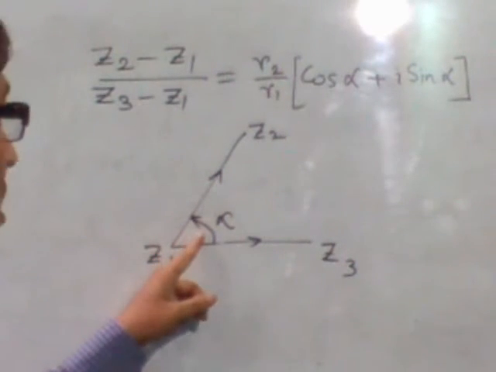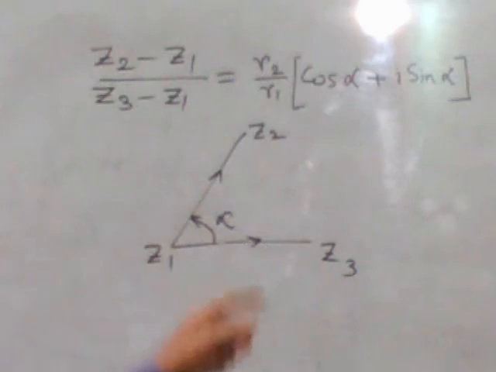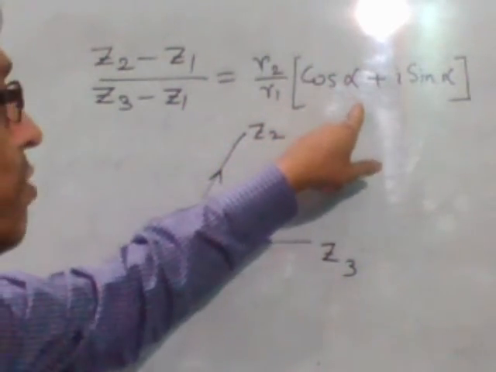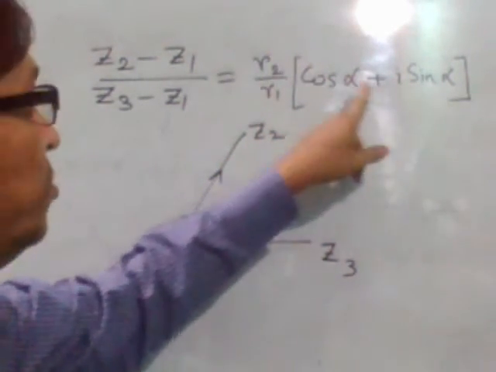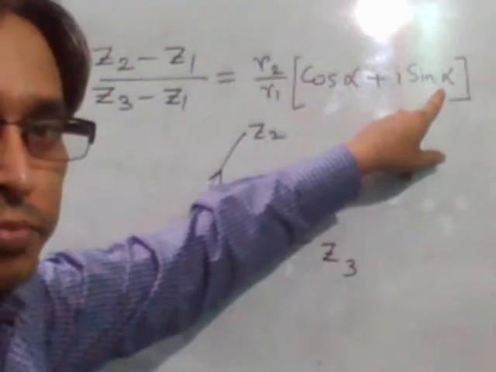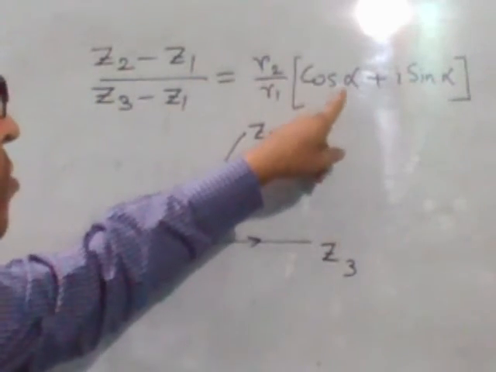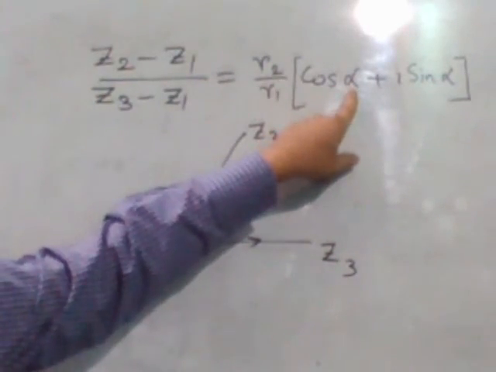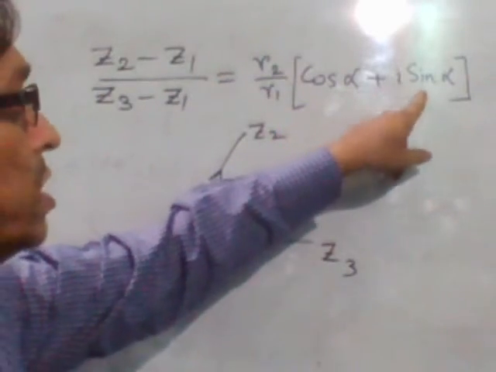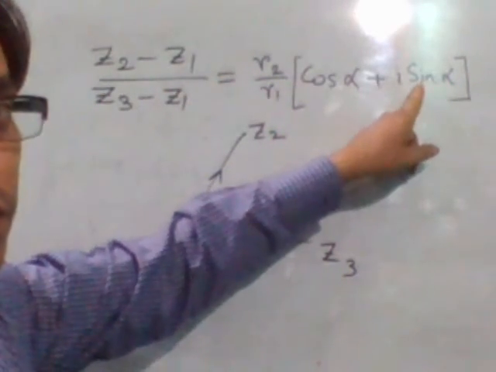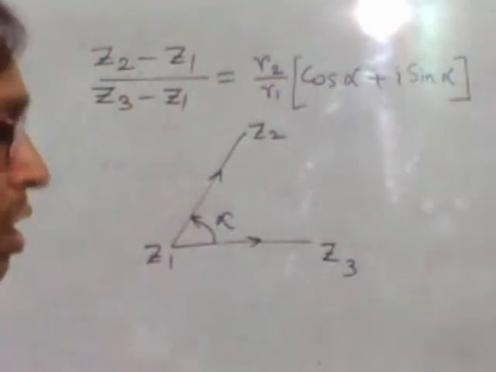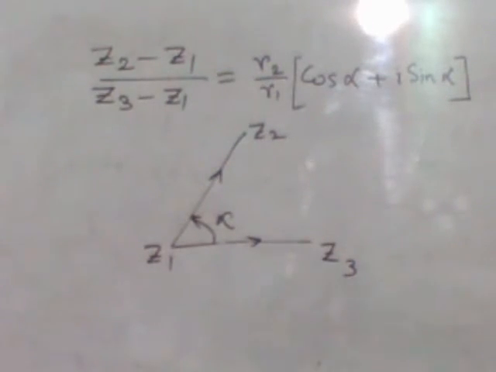Now if this angle is 90 degrees, then we put alpha equal to 90 degrees. The value of cos 90 degrees is 0, so it will be i sin 90 degrees, that is only i into R2 by R1. So we can say